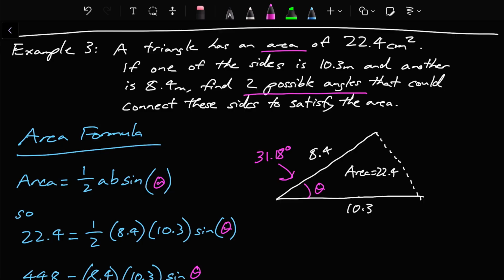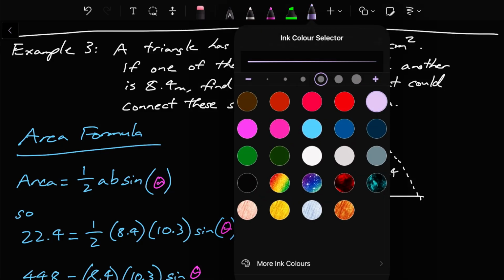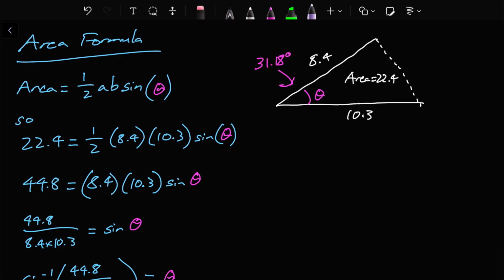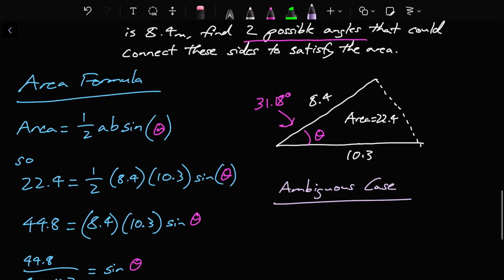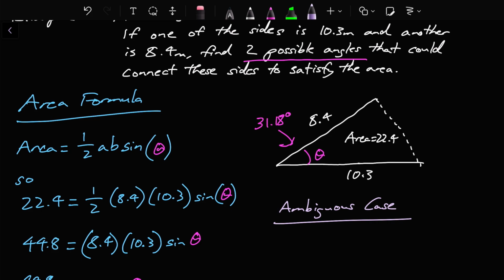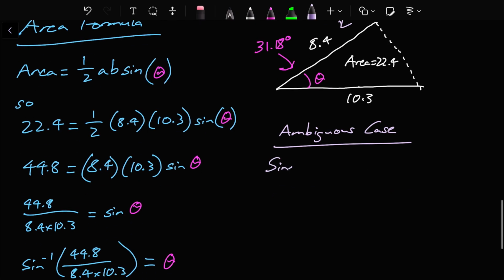Now, the question said to find 2. How on earth would we find 2? Well, we have an interesting thing, and this is where we reference something which, if you're in my class, I mentioned, but we didn't go over it too much, which is why I'm doing it here. It's called the ambiguous case. Because there's a very, very important thing that we assumed here. We assumed that the 8.4 was the shorter side on the top, which we didn't have to assume. You actually might have noticed I paused a little bit when I did that because I wanted to make this point now. The ambiguous case comes from the fact that sine is positive